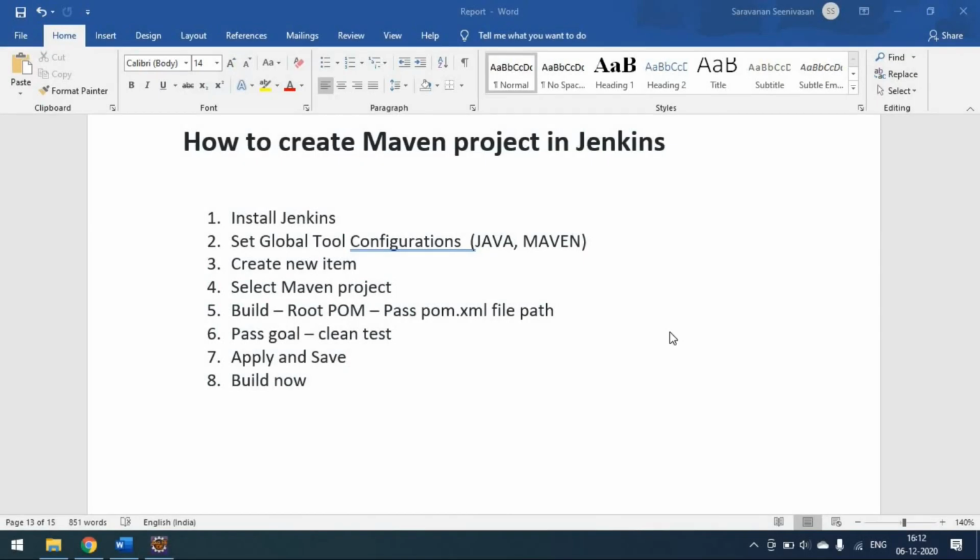Hi everyone. Today we'll see how to create a Maven project in Jenkins. In my previous video, we tried the freestyle project, where you have to give the workspace of your project and then pass the Maven command. Instead of passing the workspace, we can directly go for a Maven project option. You create a Maven project in Jenkins, pass the Maven commands, and point to your pom.xml file